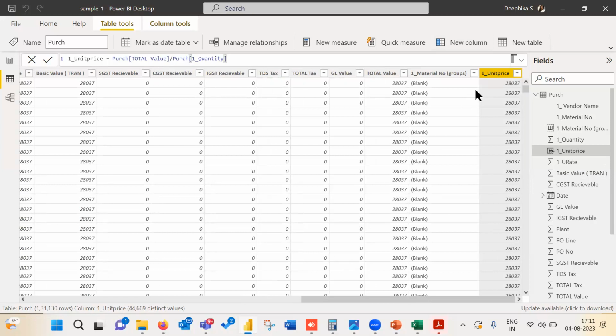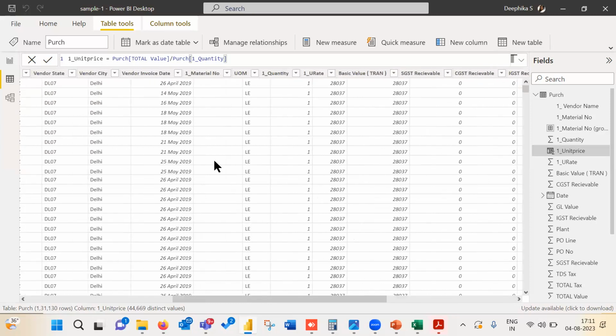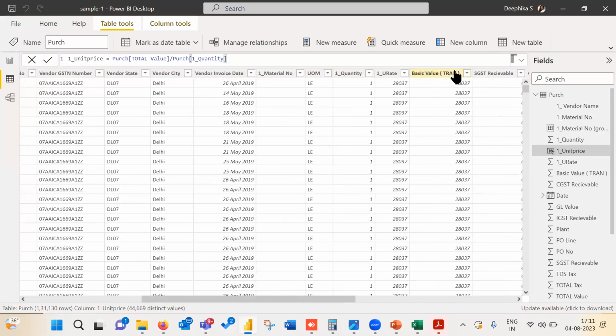Now let's say you want to calculate the sum of total purchases with different vendors. That is your objective, or the count of invoices per state. That is your measure objective. Those things cannot have a column context at all, right? Let's say you want to calculate the sum of a particular material.